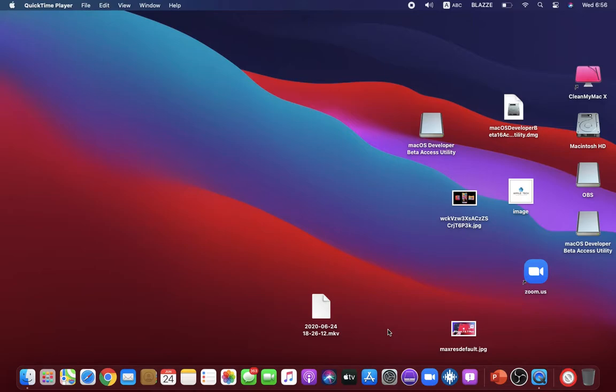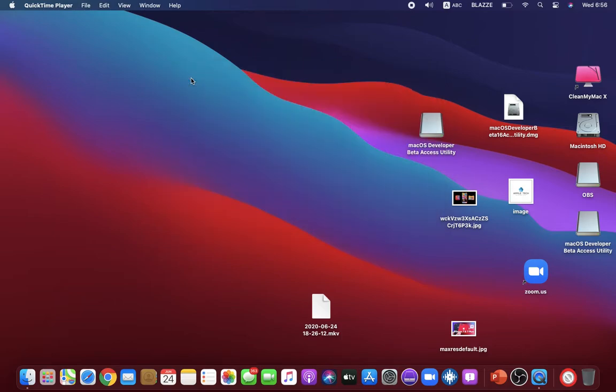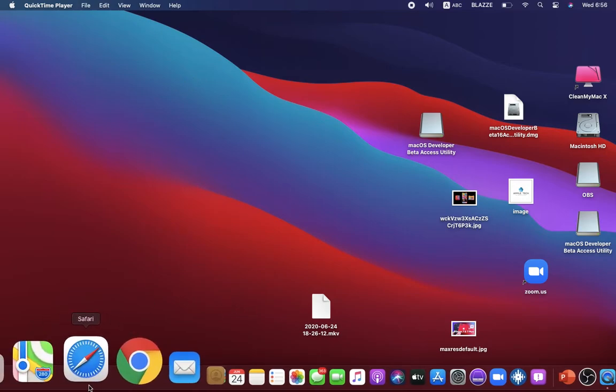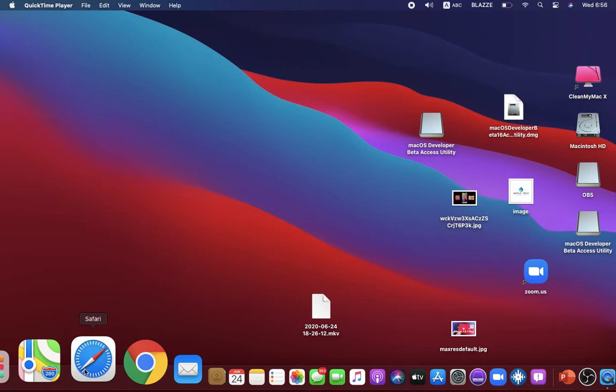What is up, everybody? Today I will be teaching you how to get macOS Big Sur, aka macOS 11, onto your MacBook or iMac, whatever. Let's just call it Mac. I'll have a link down below in the description on the supported devices, the supported Macs for macOS Big